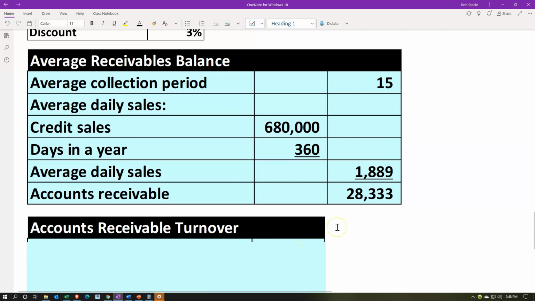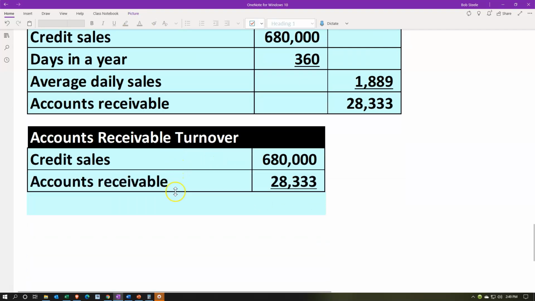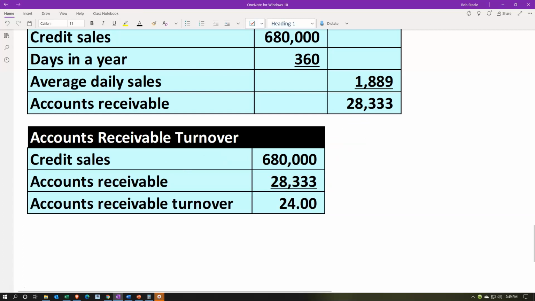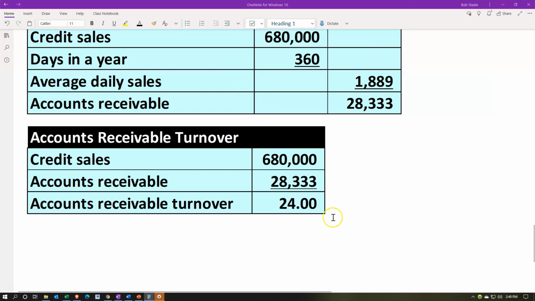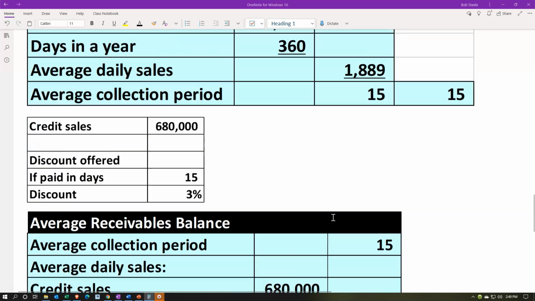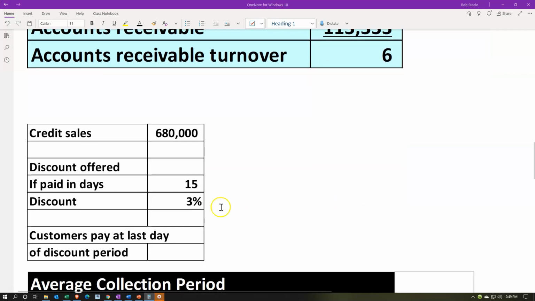Now we can calculate the turnover to see what the improvement on the turnover would be. So we're going to say the sales are that 680,000. And now the accounts receivable is the 28,333. If we divide that out, we get 24 here. So now we've got the 680,000 divided by the 28,333, and that's going to give us the 24 in terms of the turnover. 24 in terms of a turnover means we're turning over a whole lot more than the 6 that we had before. So we've increased our turnover a lot, which is the purpose of the discount,